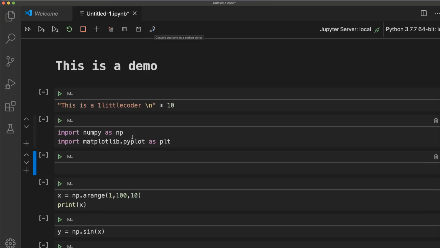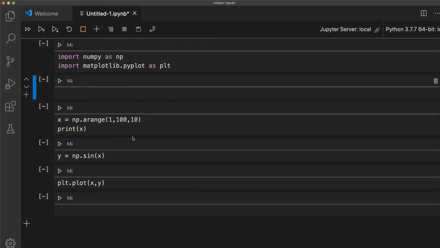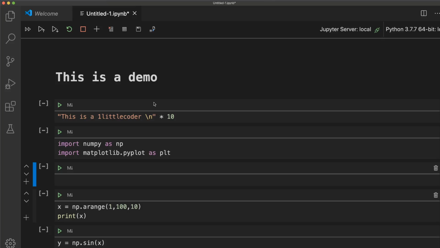Or if you want to export it, you need nbconvert installed, then you can export it as a .py script. So this Jupyter notebook feature within VS Code is very handy, and it doesn't require many dependencies. You just need to have Jupyter notebook installed, pip3 install jupyter notebook, in the Python interpreter that you are using within your VS Code, or please activate your virtual environment, which is much handier, and then you can start creating all these things.